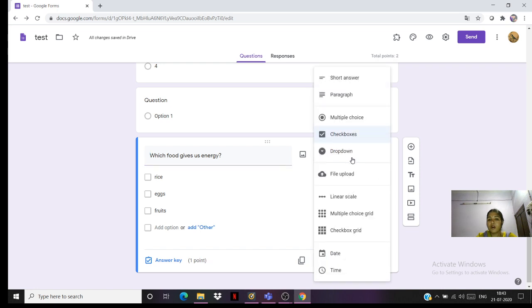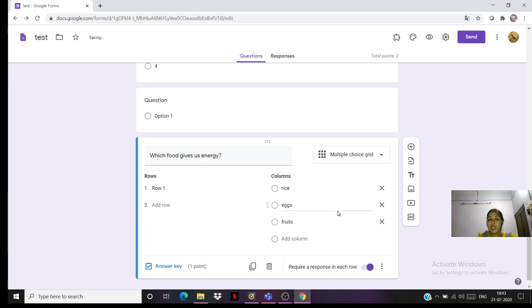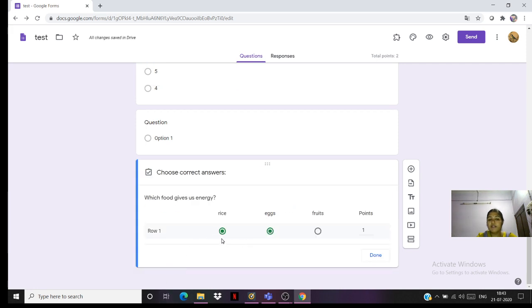So instead of checkbox, I can do here multiple choice grid. In multiple choice grid, if I give an answer key and I am selecting eggs and rice and I am giving points 1, it means even if the child selects only one answer as rice, he will get 1 mark. And if he selects 2, he will also get 1 mark.